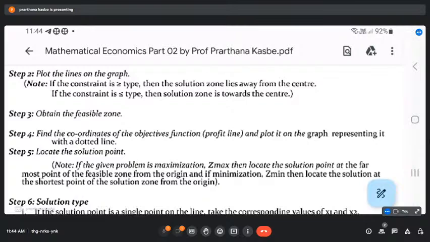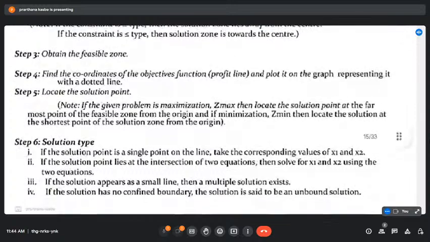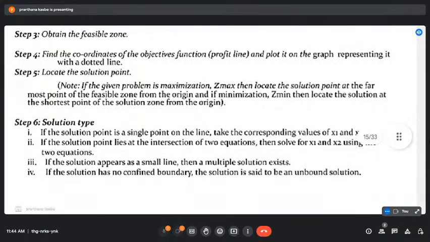Obtain the feasible zone. Then obtain the feasible zone and find the coordinates of the objective function on the profit line and plot on the graph, representing it with the dotted line. Locate the solution point. So note that if the given problem is maximization, Z maximization, then locate the solution point at farmost point of the feasible zone from the origin, and म्हणजे ज्यावेळी जर समजा आपलं मॅक्झिमायझेशन मध्ये आलेले असेल